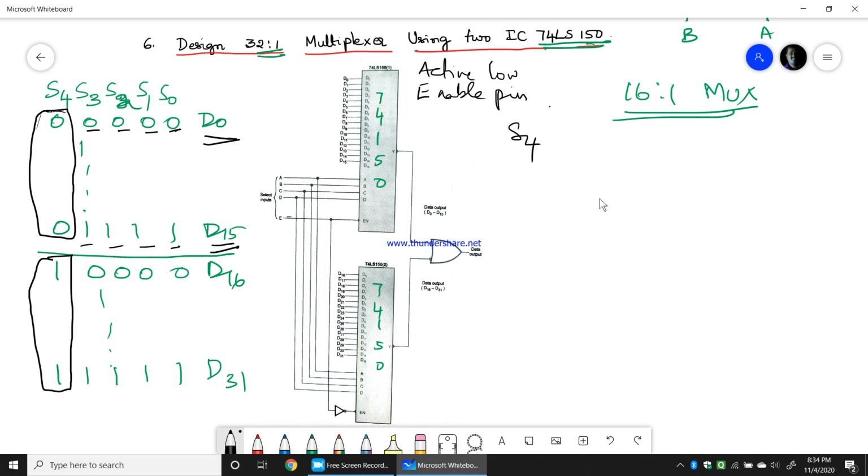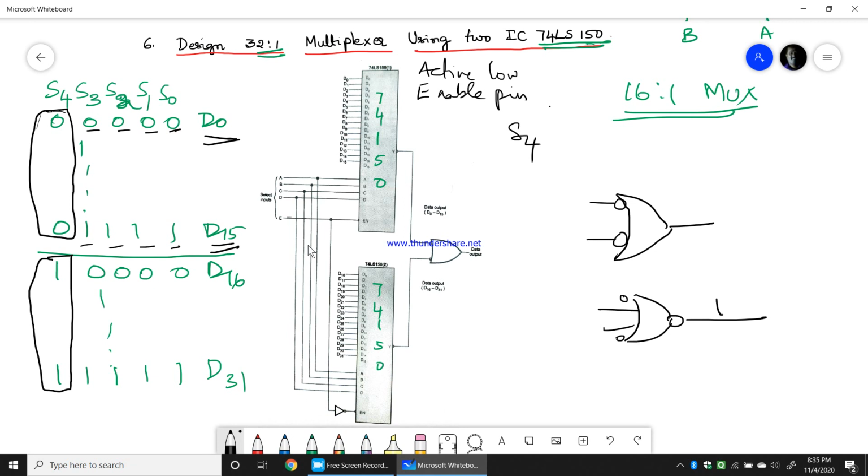See, this is a NOR gate. Why a NOR gate? Because even the output is active low. As outputs are active low, this NOR gate will give the output as 1 when both are zeros. When both are zeros, output will be 1. I need 1, therefore a NOR gate is used. So you all know the SOP and POS implementation using decoders when I was explaining. So the same way here also.